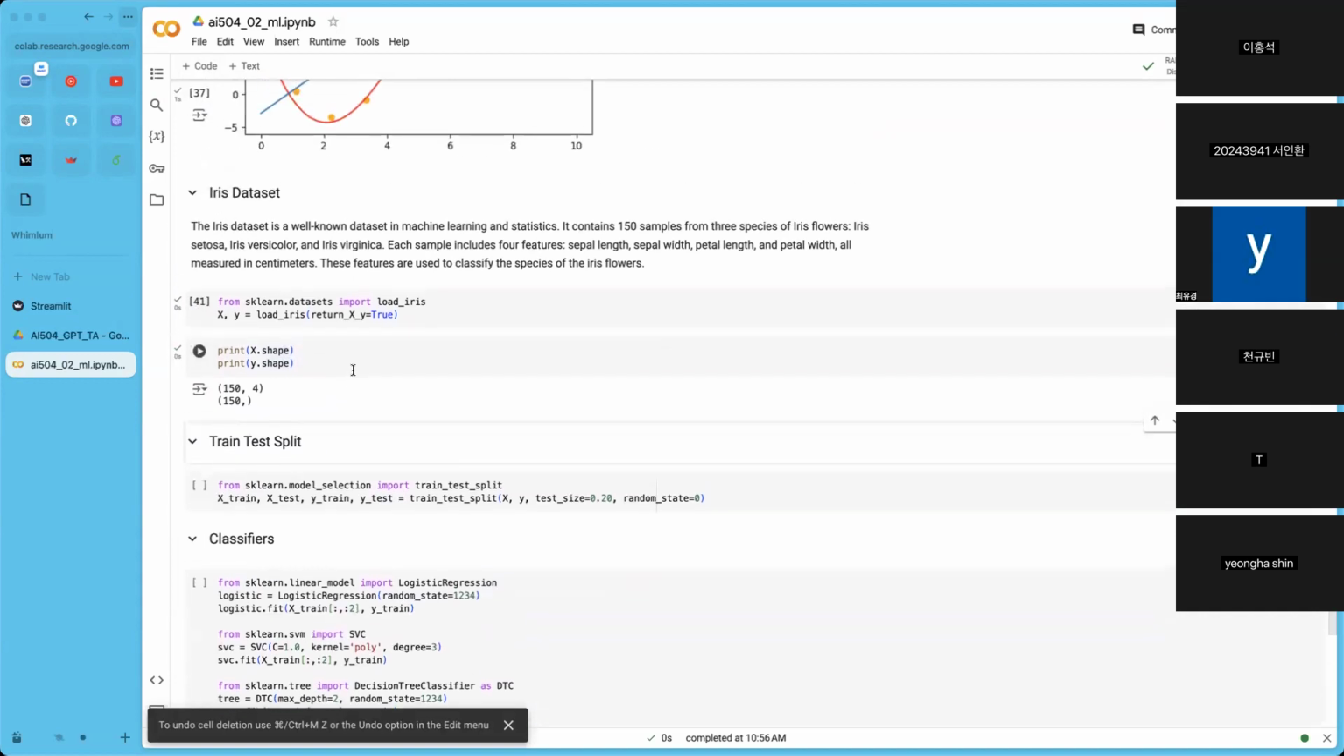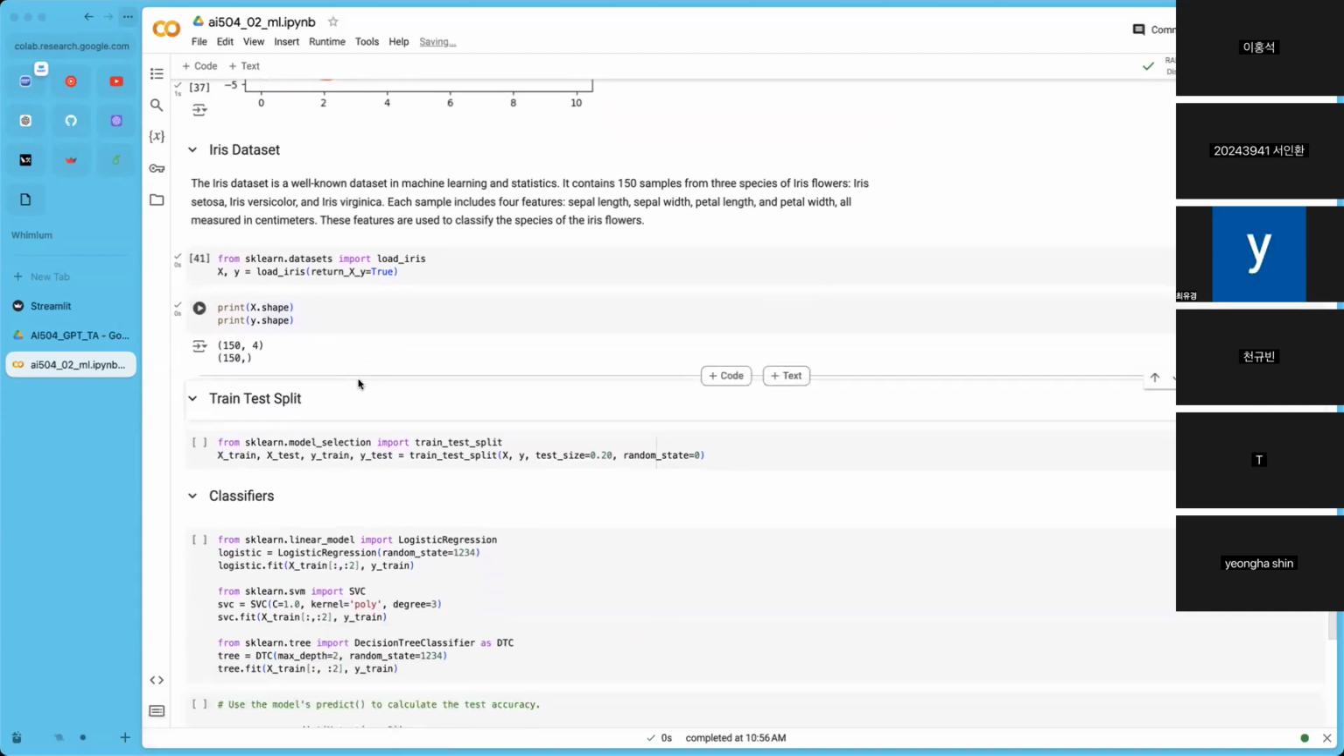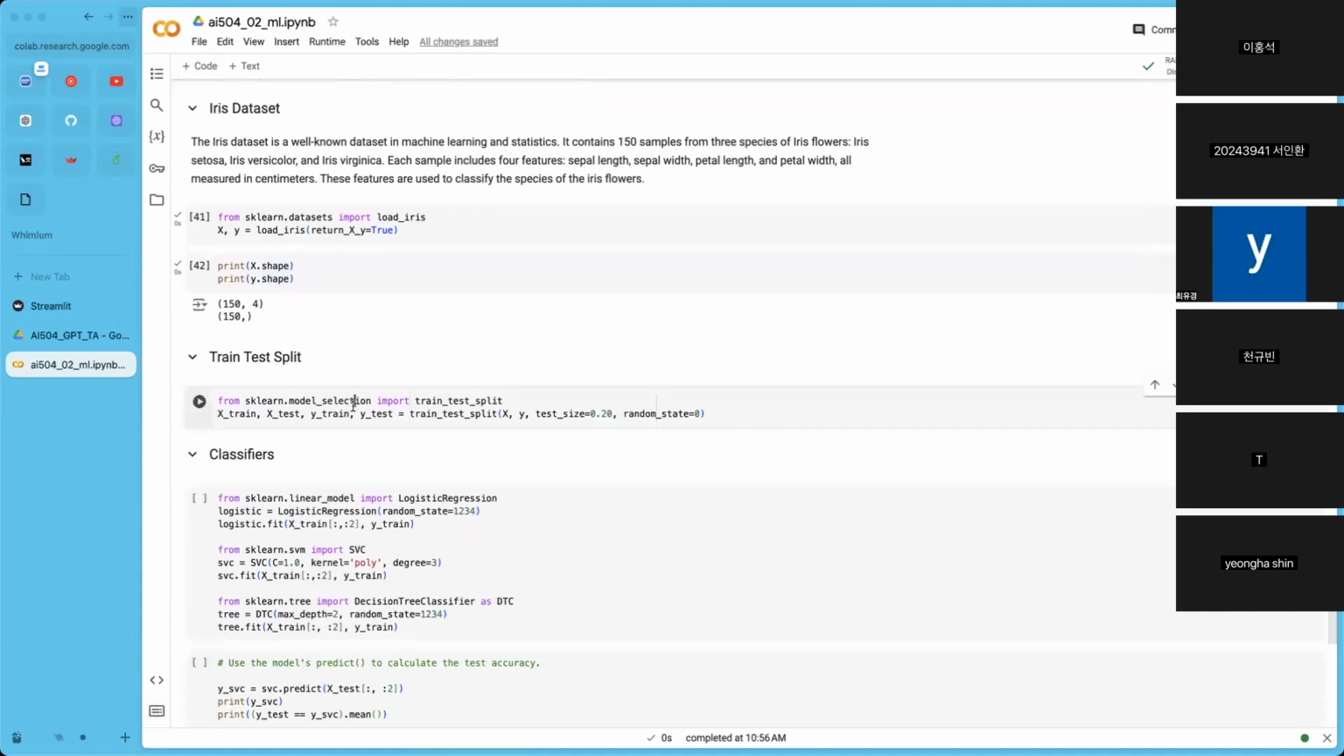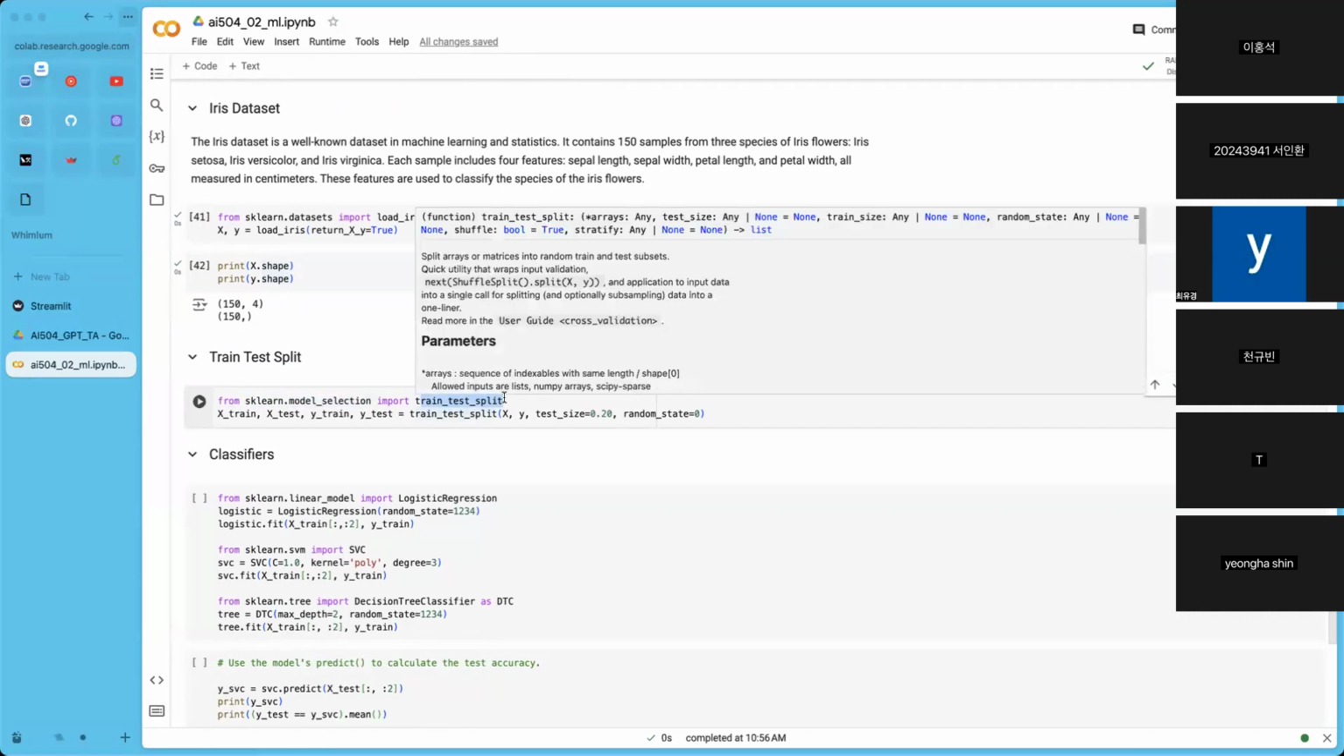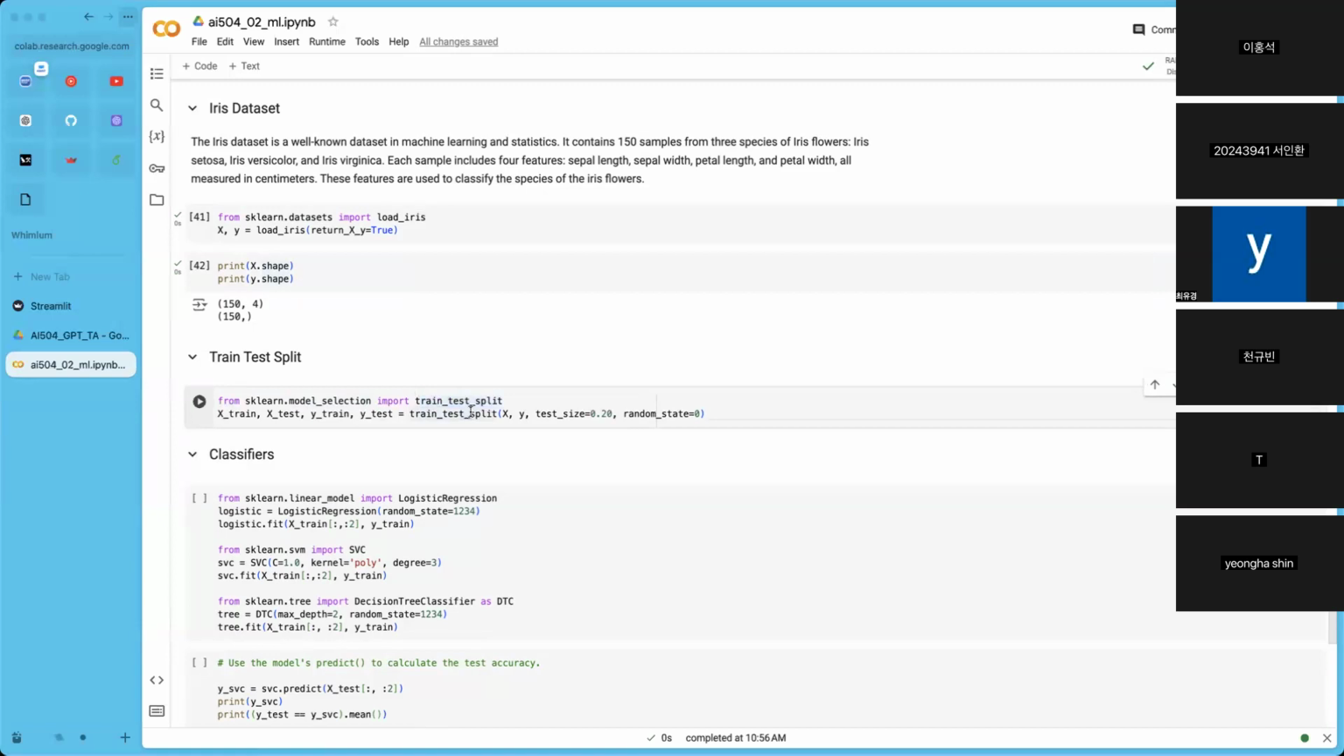And let's use them to train classifiers. From scikit-learn, they provide splitting the data set into a training set and test set. So we use this train test split function. What train test split takes is the x, y, and how much test size you want to make for this. So it's 20%, and the random state. So if you run this,